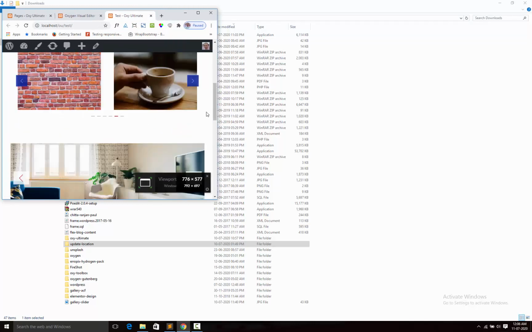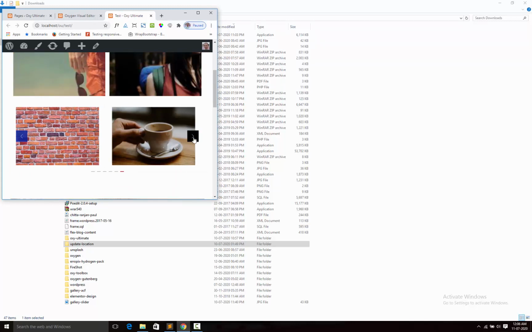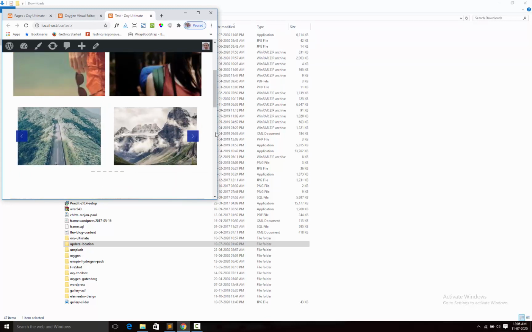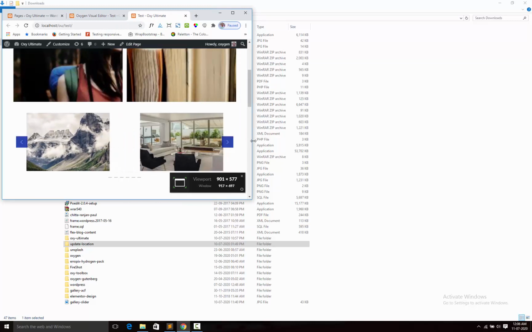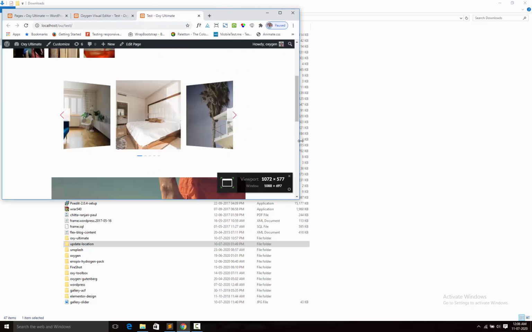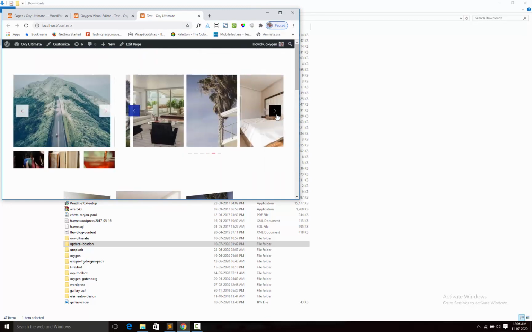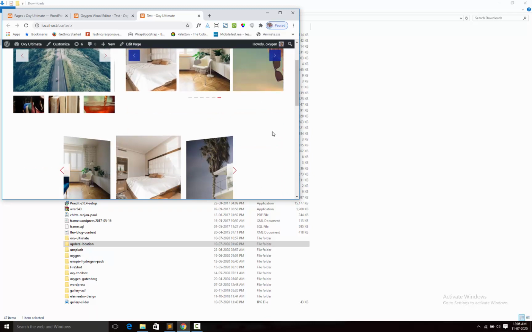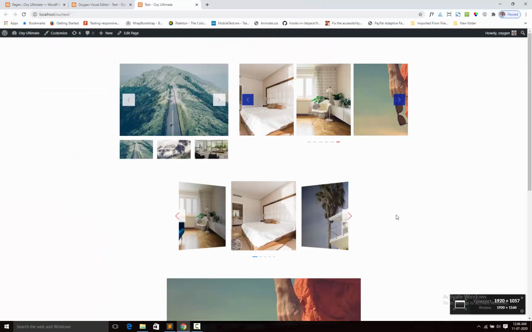You can see that it is showing the 2 items, and desktop version it is showing the 3 items. So this way you can make the responsive effect also.